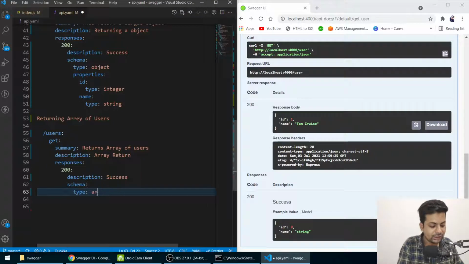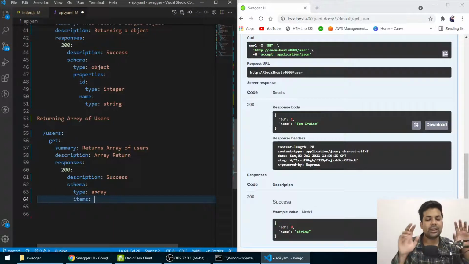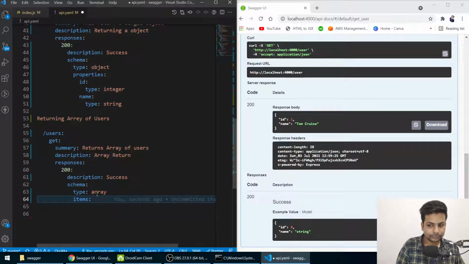I am returning an array. Now an array should also have properties, so I'll say properties. No, it should be items, sorry, because an array has multiple items like index 1, index 2. So I'm telling the items in items should be of type object.